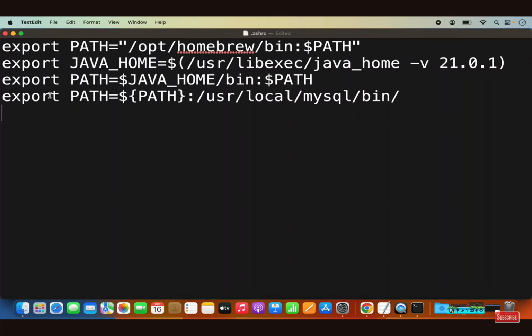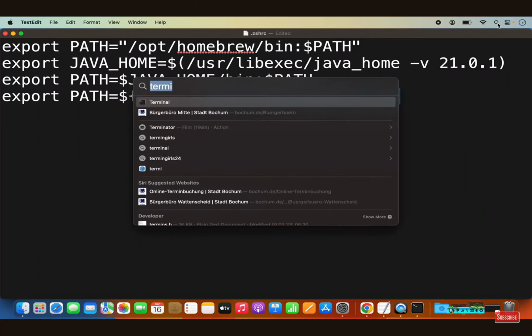This command is export space PATH equals $ in curly brackets PATH, then colon /usr/local/mysql/bin. Now, in your case, you might need to change this path a little depending on the path of the MySQL bin directory. To be sure where this bin directory is located, you can click on the Spotlight option